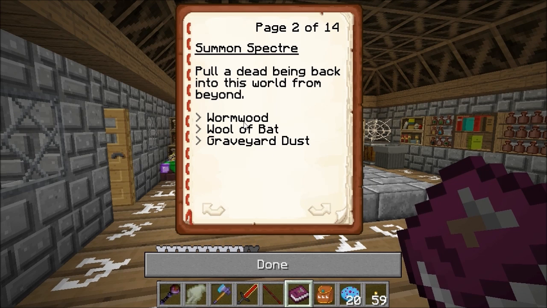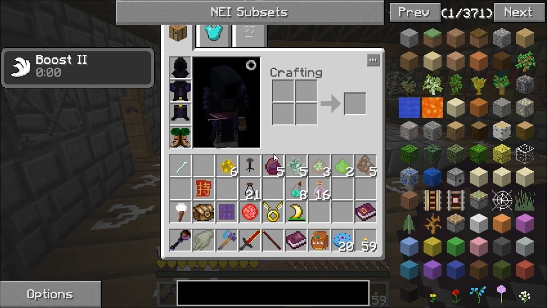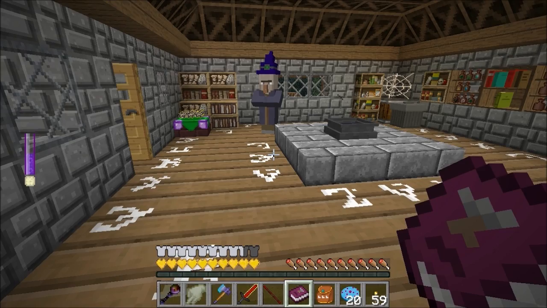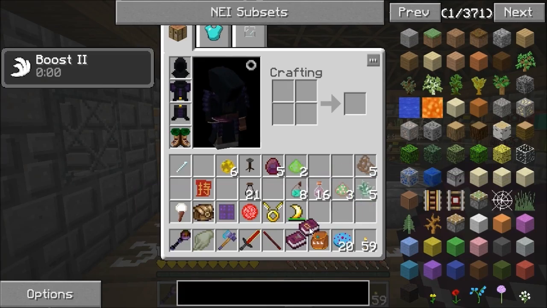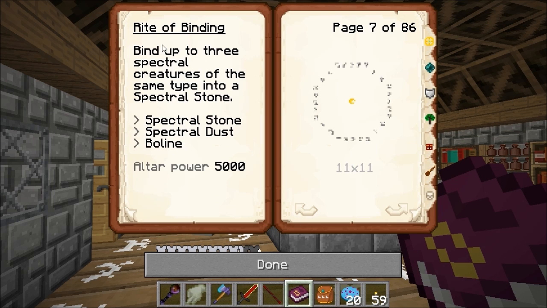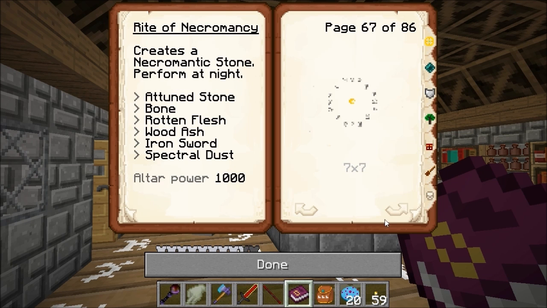So for each spectre, we need a graveyard dust, a wool of bat, and a wormwood. So that's going to give me enough there. We've got some wormwood, we've got graveyard dust, we've got wool of bat, so I can summon 3 of them. And then we want to store them in something. For that we need an infused spectral stone. And that's how you bind the creatures into it: spectral stone, a spectral dust, and a bowline. But to actually get the stone, you need...